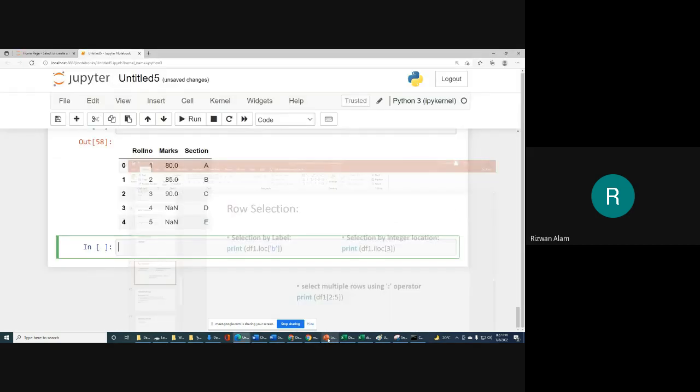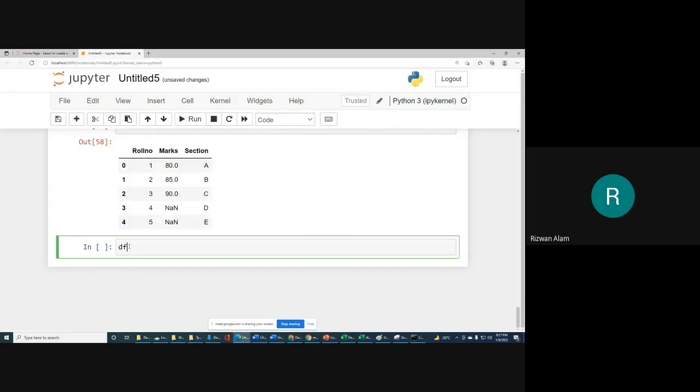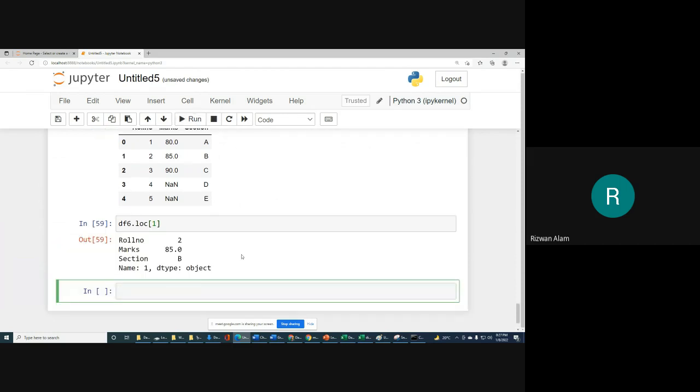So df6 dot loc, and in loc we provide the row number. For example, we want to display only row 1, so we will write 1 and then show this.